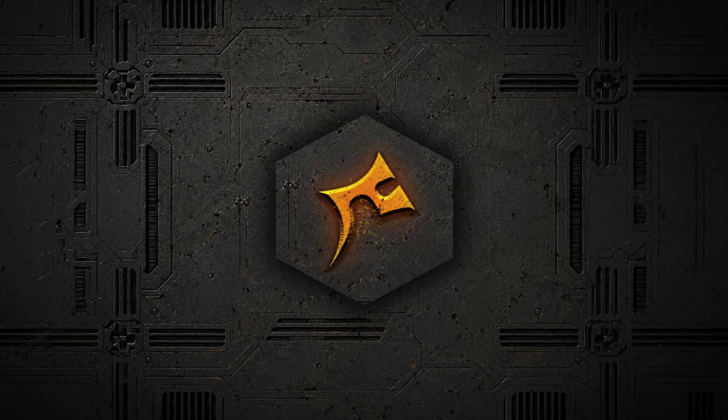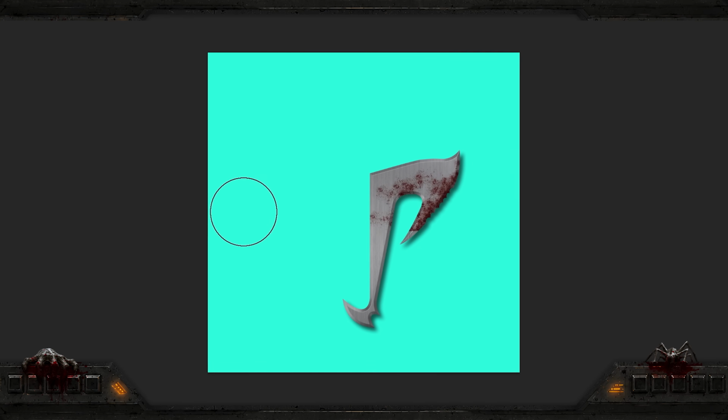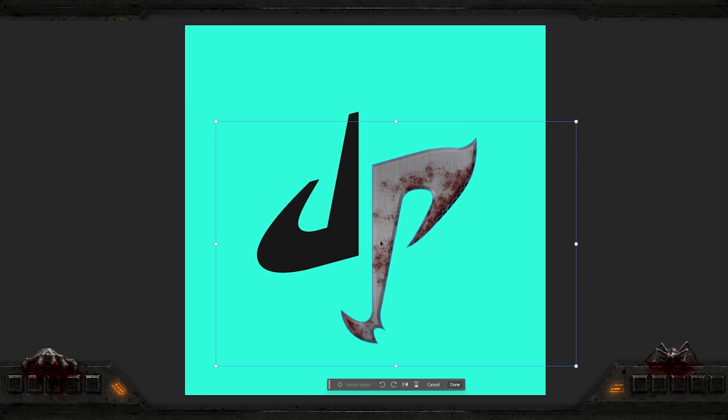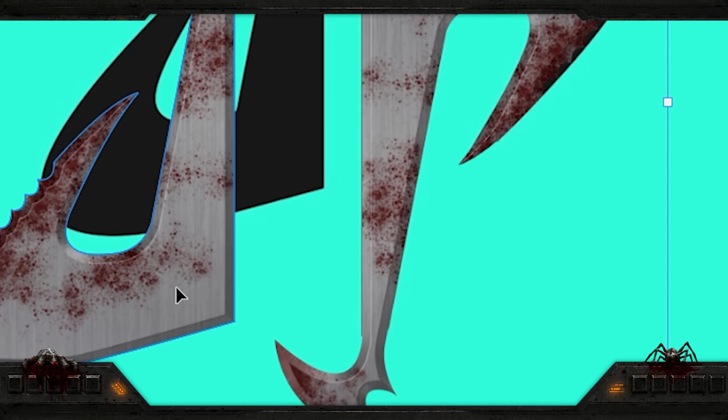Next up is Dude Perfect. So I'll start by tracing the P shape of the logo, but in a bit more artistic way to turn it into a weapon. Then I'll start adding blood over it like it's been used. After that, I'll duplicate the P, turn it around to make it look like a D, so now you've got